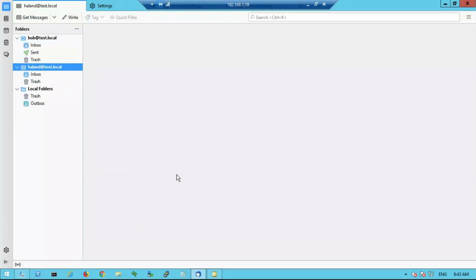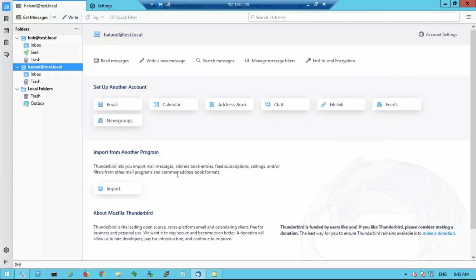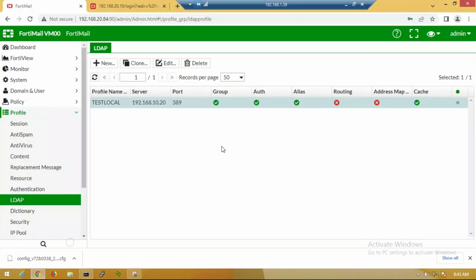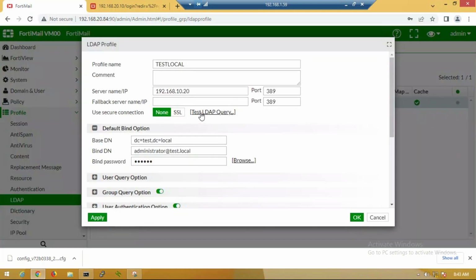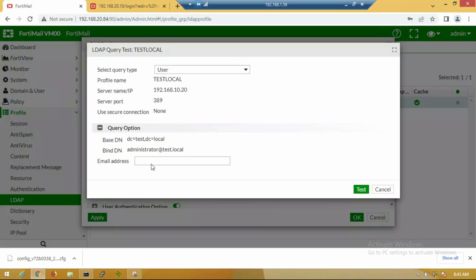This user shouldn't get any messages from the external world because it's not a part of our recipient address verification. During testing, we are going to see this. Before we test, we need to see if I query LDAP, whether I can see this email address. Let me do so. I'm here on FortiMail. If I double click this profile one more time, here there is an option called test LDAP query. If I click on it, then I will put the first email address